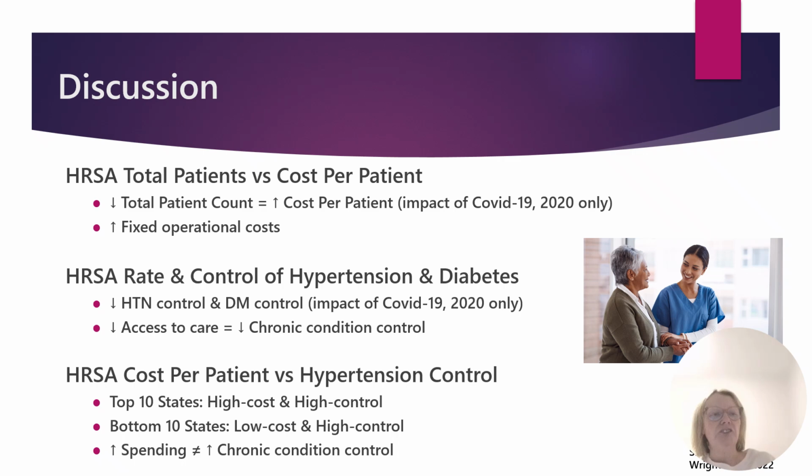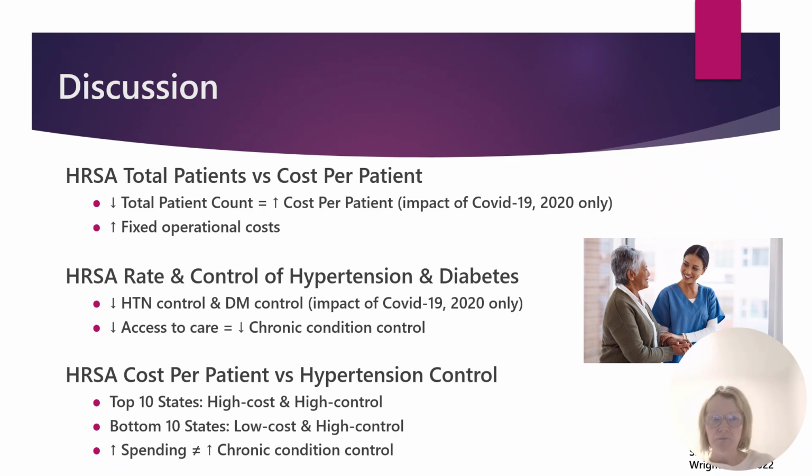The third visualization showed an inverse relationship when comparing the average cost per patient to the rate of hypertension control across the top 10 and bottom 10 states. In the states that had the highest control cost per patient, the blood pressure control rates were between 56 and 66%. On the other hand, the states that had the lowest cost per patient had blood pressure control rates between